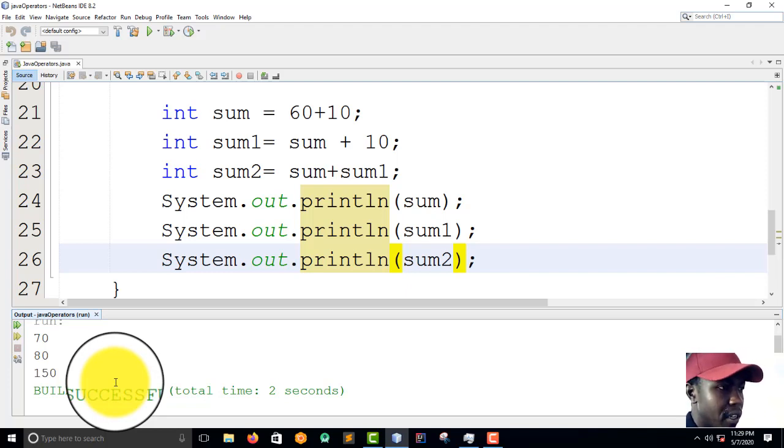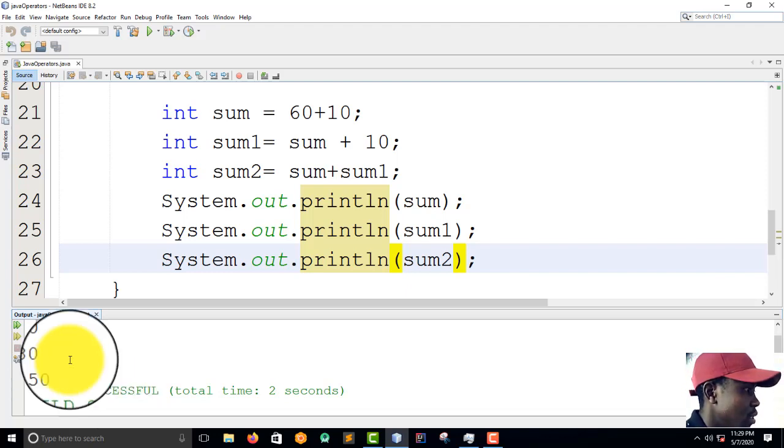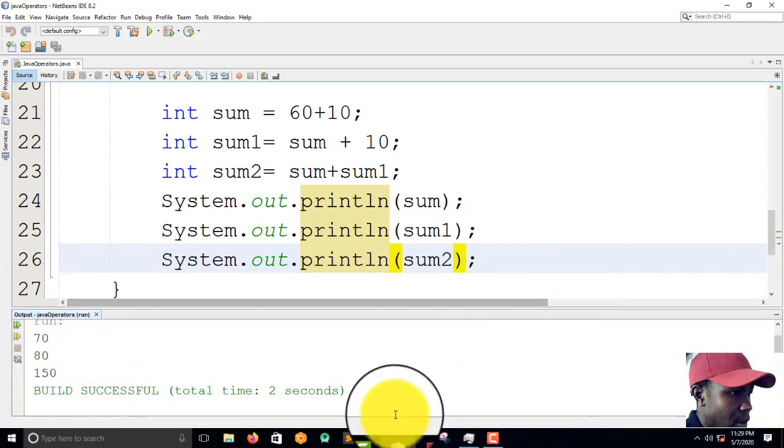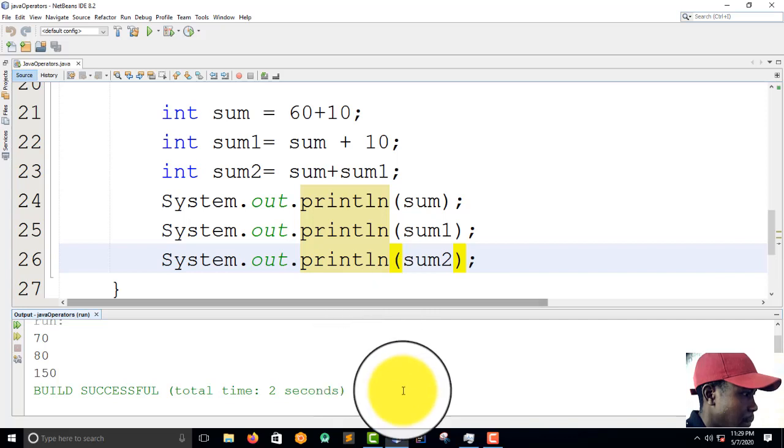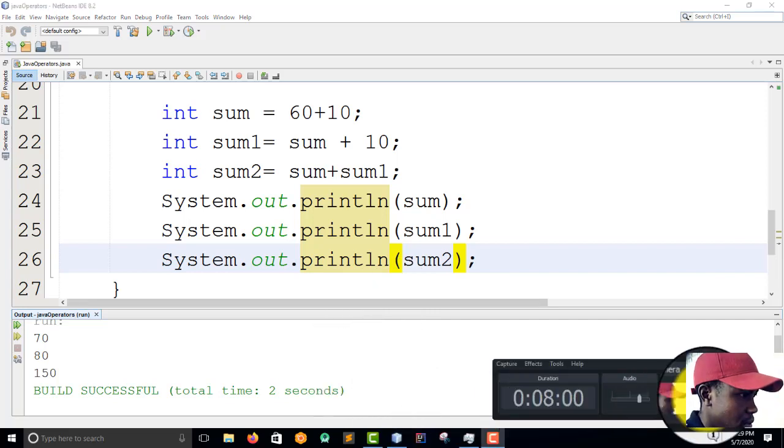That is a plus operator, and basically we have worked with the operator, and also we have worked with values and value with the variable. So that is it. Java divides the operators into the following groups. I want to write them down. So allow me to write them down, and then I will continue.